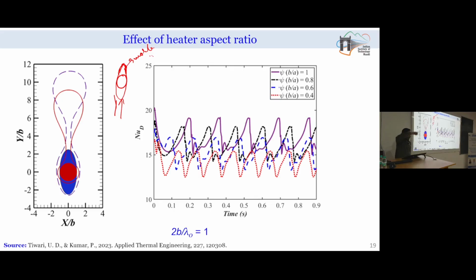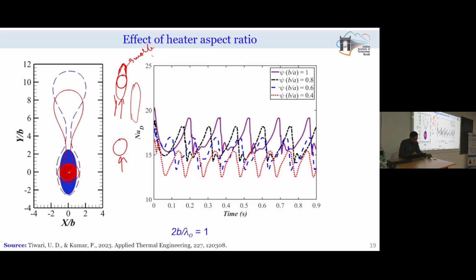A cylinder, a circle, is a bluff body, but this type of body appears more like a streamlined body. So, whenever vapor moves over the streamlined body, it may move faster in comparison to its movement on a bluff body. So, here what we have done,